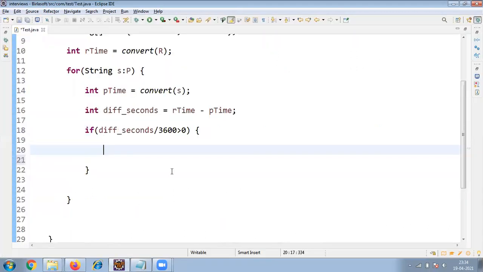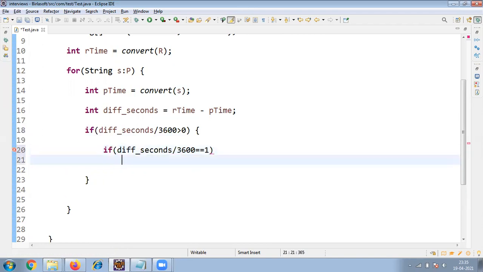So you have to check two more conditions. What is that? If difference_seconds divided by 3600 is equal to 1, then what I need to do is System.out.println. If it is equal to 1, you can print directly: 1 hour ago.